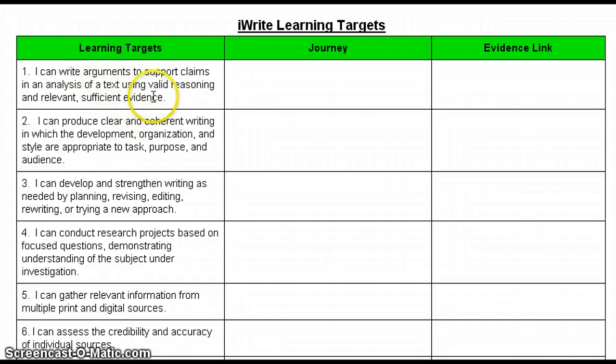So we have already started practice doing this with persuasive writing, but the key here is to support claims in analyzing the text. So it's going to be some sort of argument that you have in the text. So for example, in The Secret Garden, we could be talking about how Mary is trying to become a better child. She's trying to care about people. She's trying to be grateful for things she has. And then we would have to find support in the text